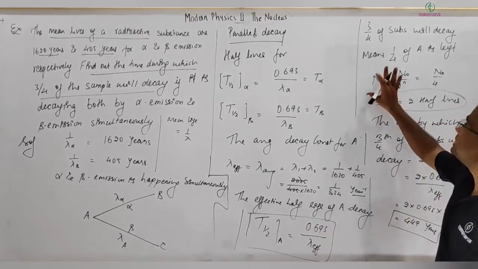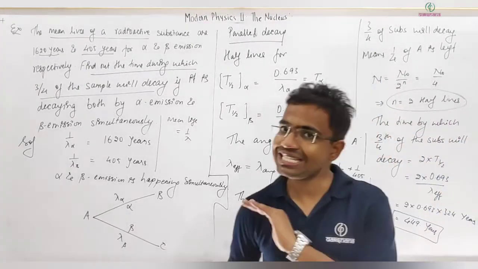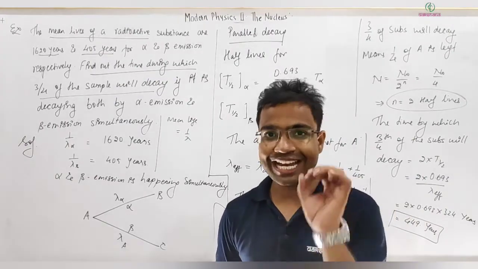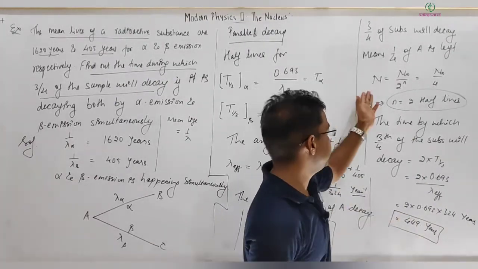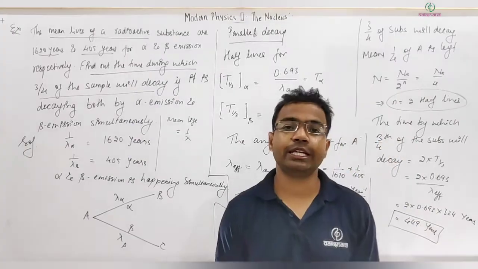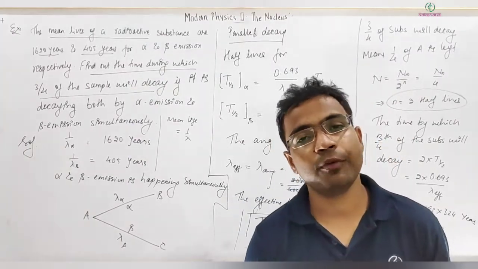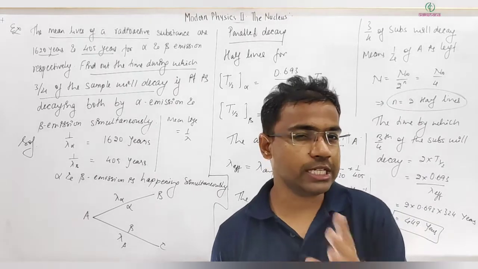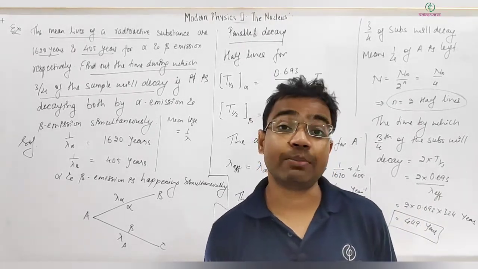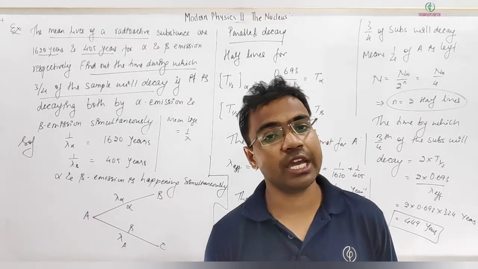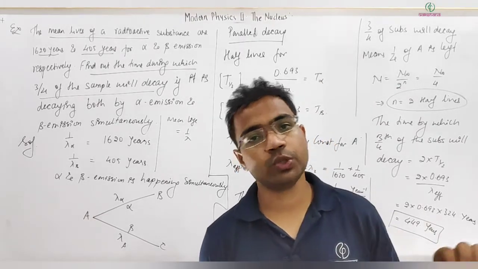Next, it is saying 3/4 of A has decayed, which implies 1/4 of A is left. We can get how much time it will take. Whenever it comes like 1/4, 1/8, 1/16, you can connect these directly with the T half. When it is like 10% is left, or 20% is decayed, in such cases you need to do the